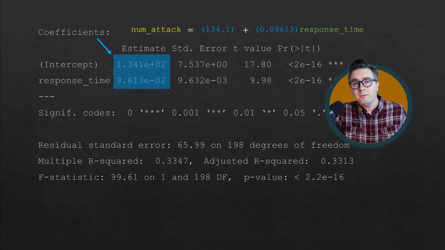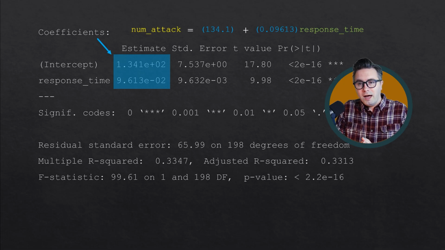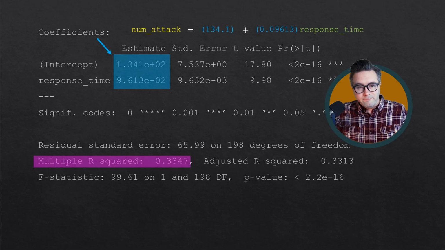And then also, if you remember from the graph from before, we wouldn't expect it to be exactly that. We would expect some wiggle room, and we'll talk about how much wiggle room we would expect. Before we do, let's talk about the R squared. The R squared helps us determine how good the fit is. In this case, it's